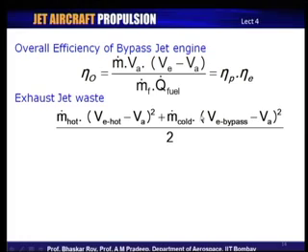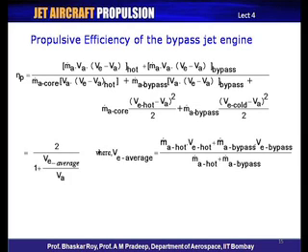This quickly tells you that the cold one would have much less waste energy, because its exit bypass cold jet is going to have a lower V e, and hence a lower waste energy, and it will show up in your overall efficiency of thrust production. If we put it all together,